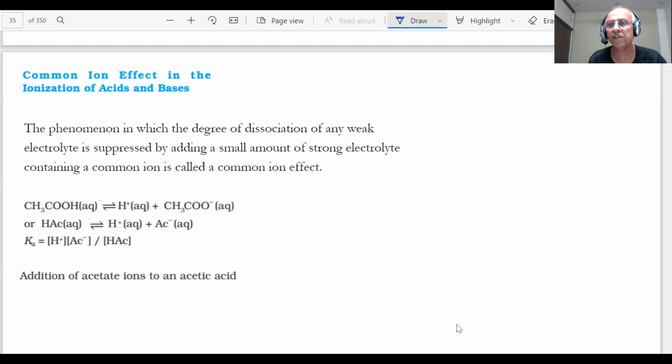What we are discussing is the ionic equilibrium. We discussed last time the dissociation of weak acids and weak bases. You have seen that there are two types of acids. Strong acids are completely ionized. Weak acids are partially ionized. Similarly, we showed you that weak bases are also incompletely ionized.